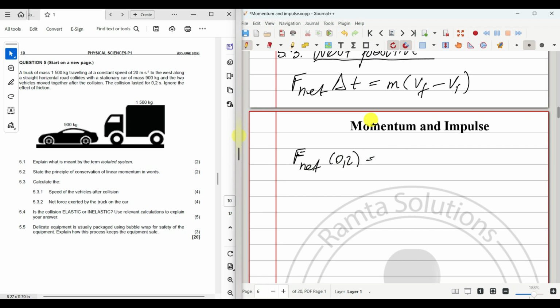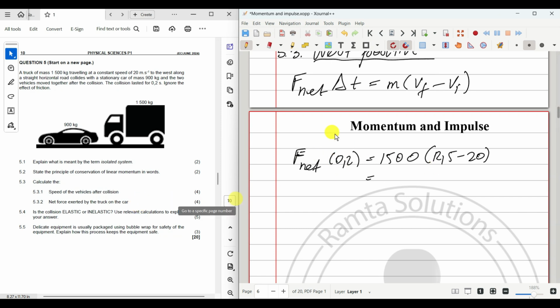And then if you take the car, you can say its mass is 1,500. And what is its velocity? Its final velocity was 12.5. Its initial velocity was 20. So here, guys, you need to be careful of what your F net is really representing. The question is saying the net force exerted by the truck on the car. So when we use this value here, it'll be the net force exerted by the car on the truck. So this will be, let's see, 0.2